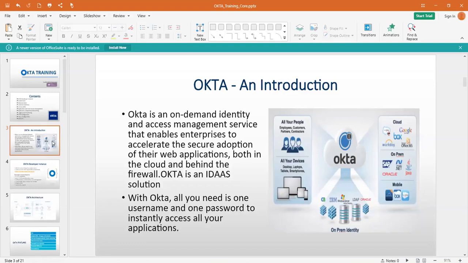Let's say, for example, you are installing Ping version 10.5. In the near future, in six or seven months, Ping will release a new version with new features, which will be 10.6 or 10.7. What do you have to do? You have to upgrade your Ping version from 10.5 to 10.7.